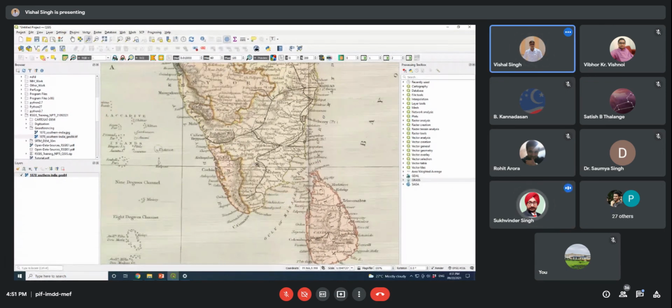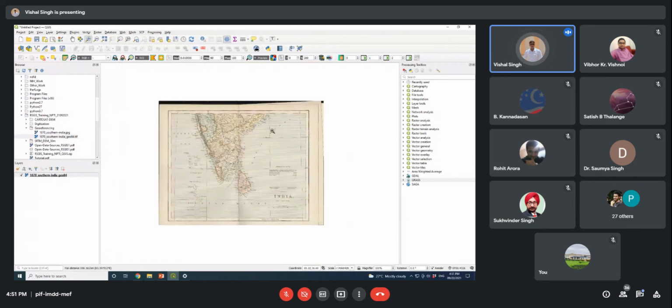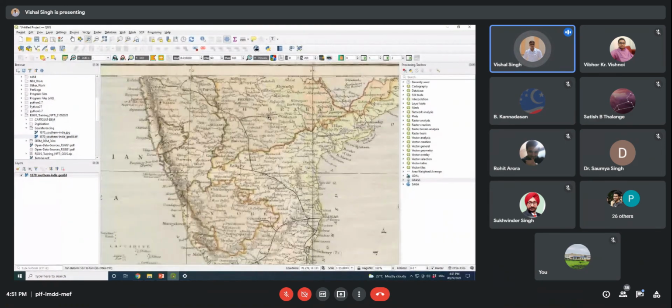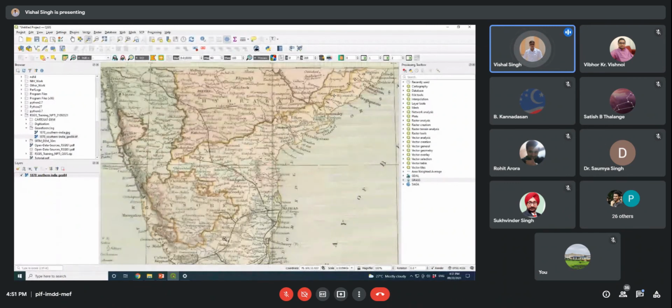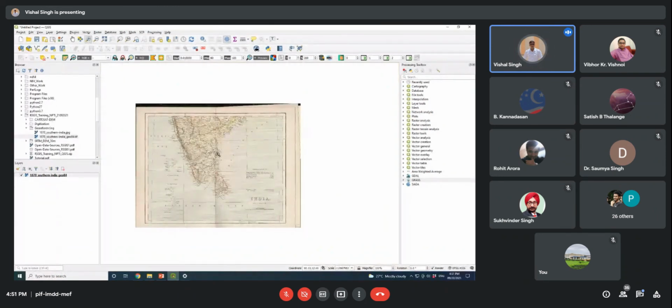Okay, sir. So as you know, to derive further information from this map, like if I want to derive some attribute information, or suppose this is a river and I want to digitize this river, or this state boundary, or whatever information I want to derive, and after that I want to calculate the length of a particular river, canal, road, whatever it can be, we need to convert this geographic map into the projected coordinate system. So how will we do that? I can show you here.